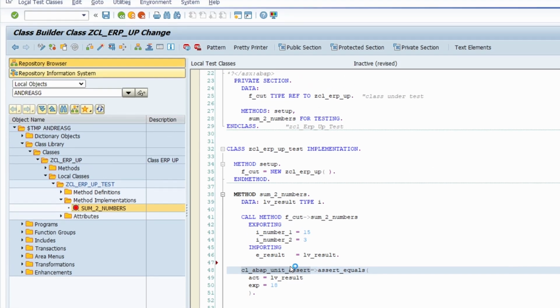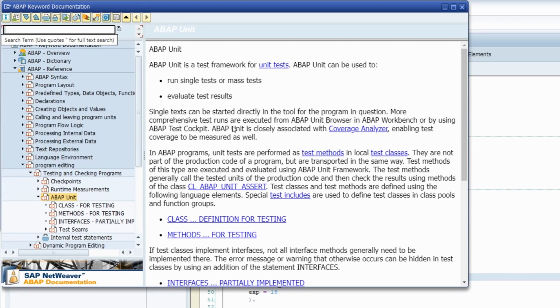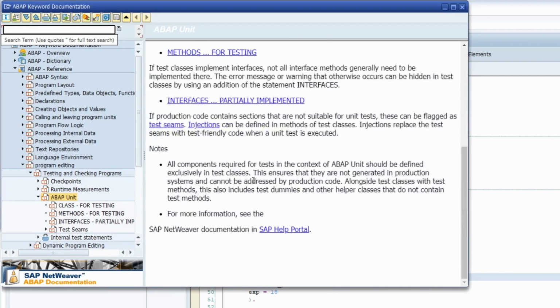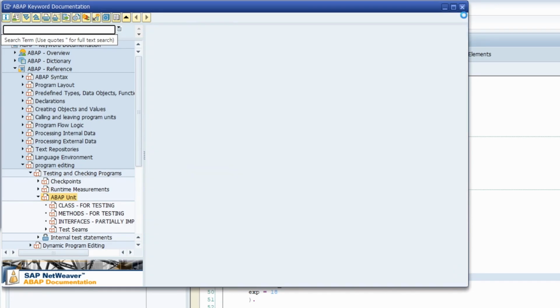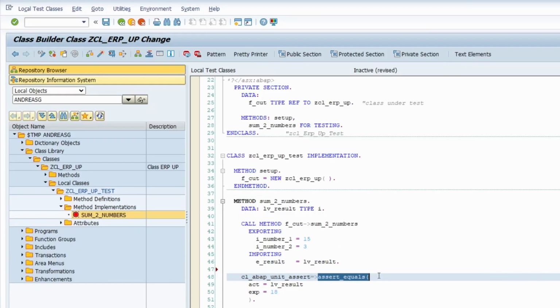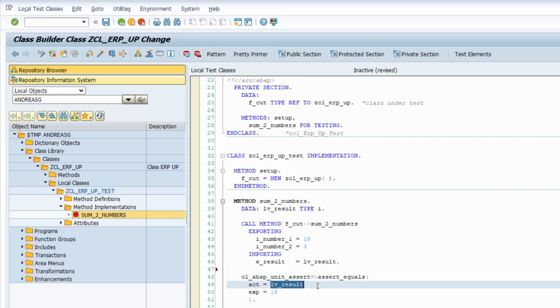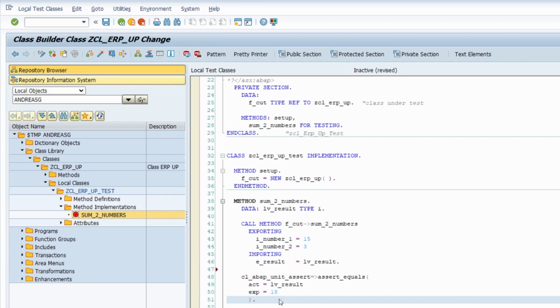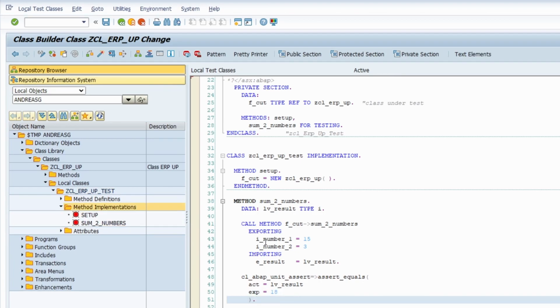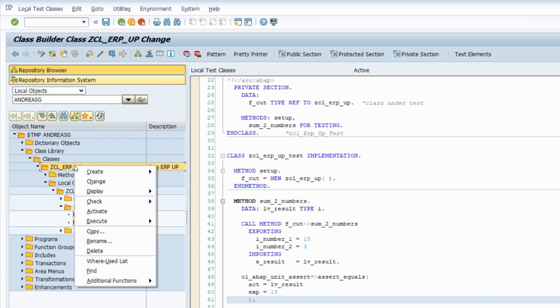If you hit the F1 key, then you get a nice description of the ABAP unit, and you can read it on your own later on. But basically here I'm doing an assert equals, so I would like to compare the received result with my expected result, and now I would like to activate this. And if you click on your class that I would like to test and then on execute and then unit tests with coverage,